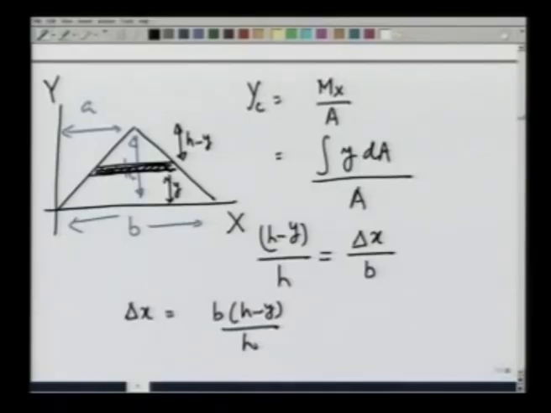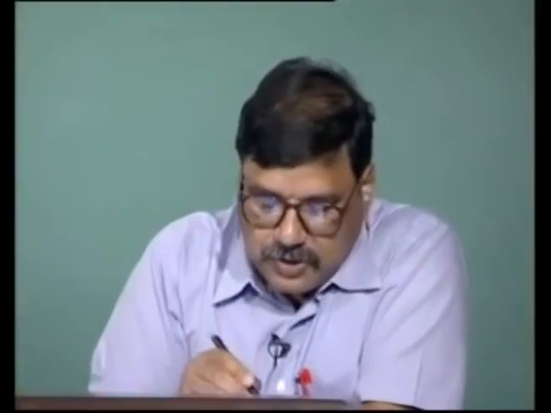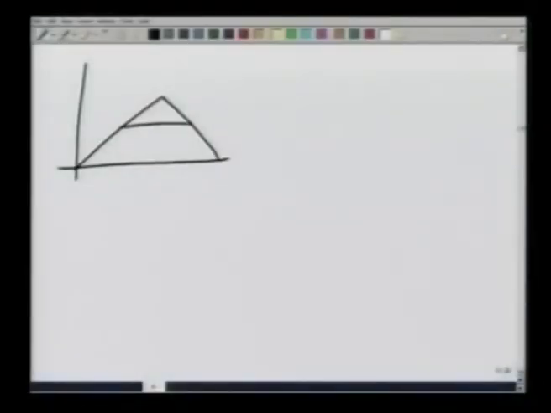This is the length of this strip, and therefore we can write, let me make the picture again. I am taking this strip, I am not writing b and a this time. We got h minus y divided by h equals delta x divided by b, and m y or m x